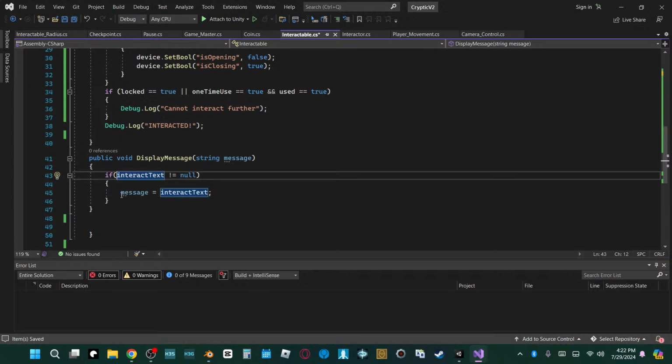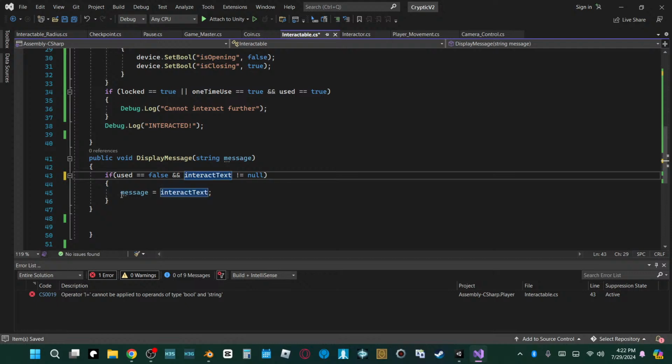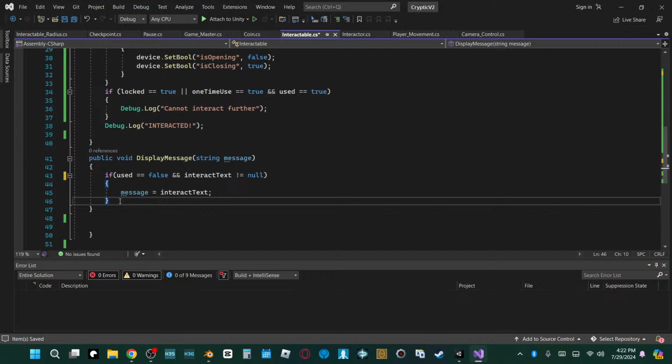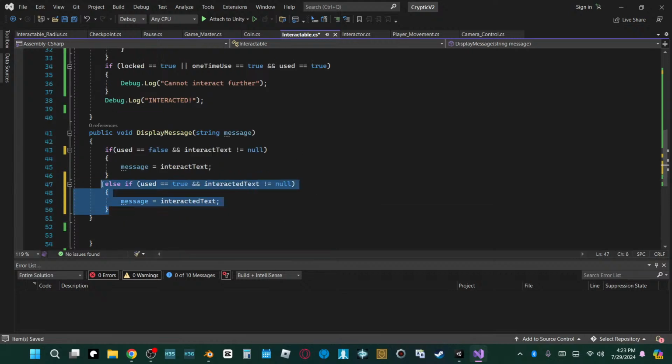Okay, so if used is false and that's not null, then that's however if it is, then we're gonna do interacted and else if, and then what we can do is boom,